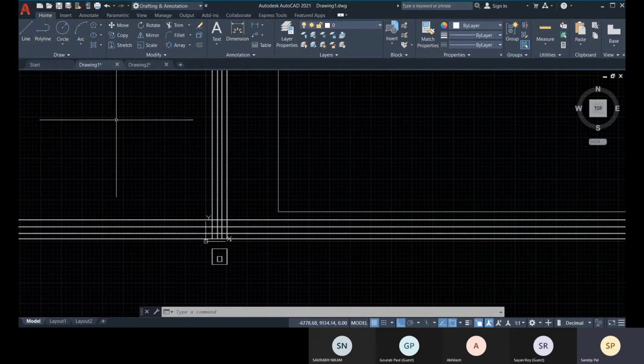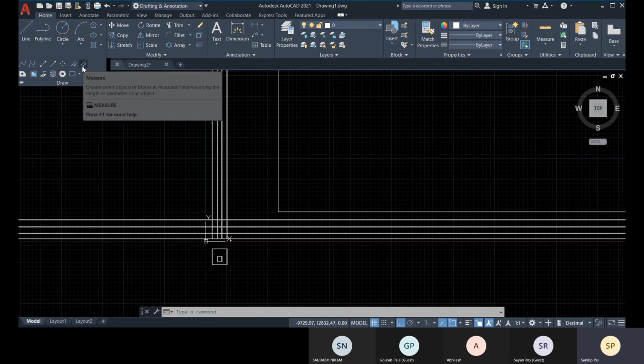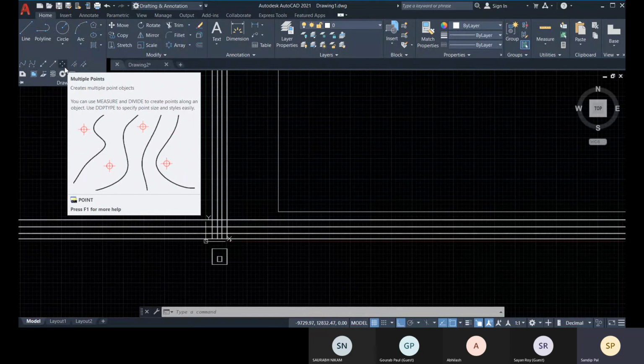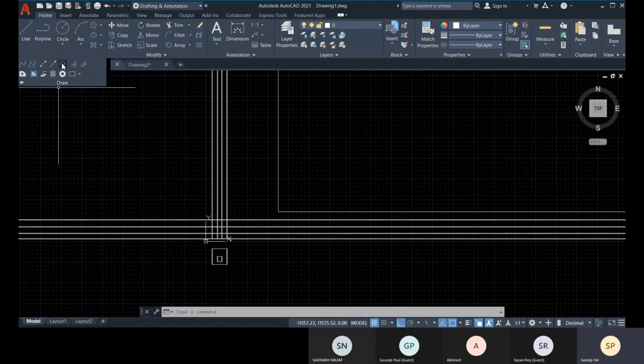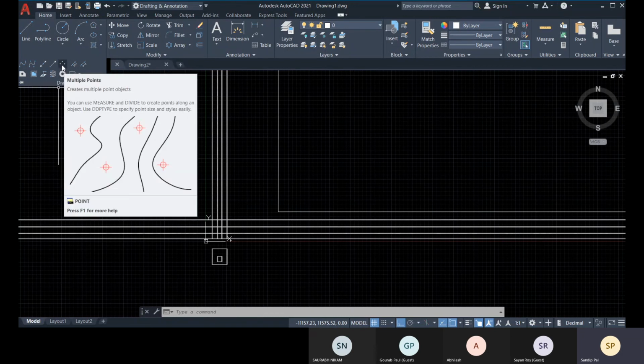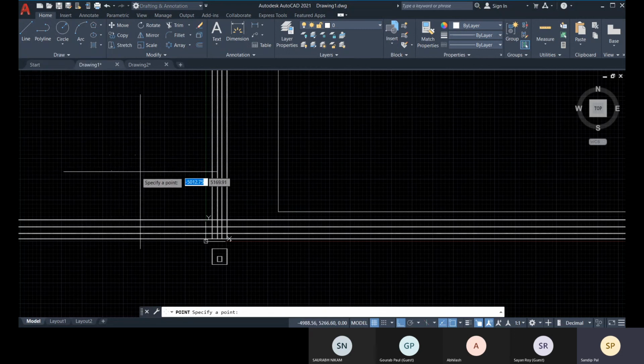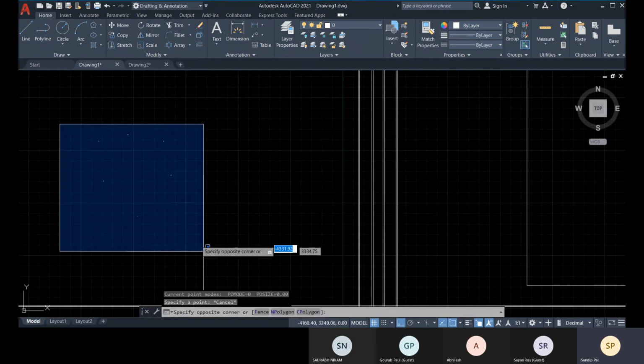Next, suppose you need to divide your lines. For that we have this, to create multiple points. Okay, so like that I have been creating the points. This is the same thing, the same icon is there. Or else you can go with point, po, point. So from here you can specify multiple points at a time. You can specify points with a single command. Okay,